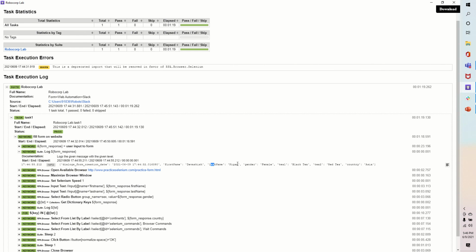Last name was the key and Nigam was the value. Gender female I selected. I selected black tea and red tea, so the key is T1 with black tea, and another key T2 for red tea. If I had selected all three, T3 would have come as a key with oolong tea as the value. Country, rather continent, I selected here as Asia.